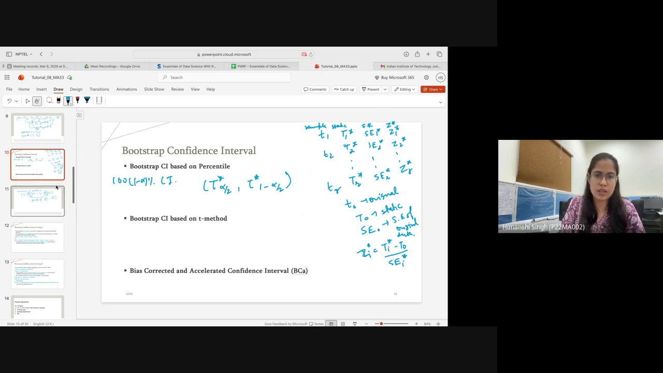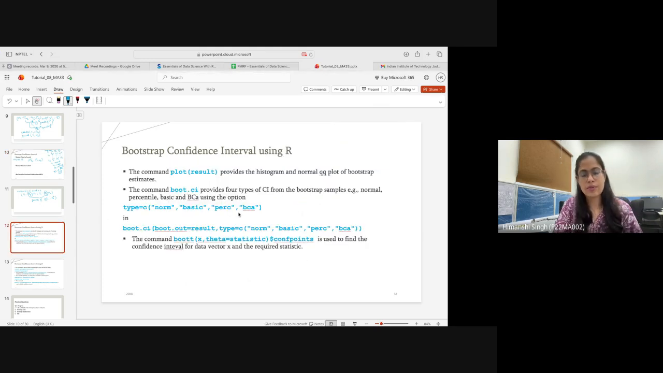We are not going into the mathematics. Now, if I want to find these kinds of confidence intervals using R, then I can directly use the command boot.ci. If I want to find the confidence interval based on normal approximation, based on the basic